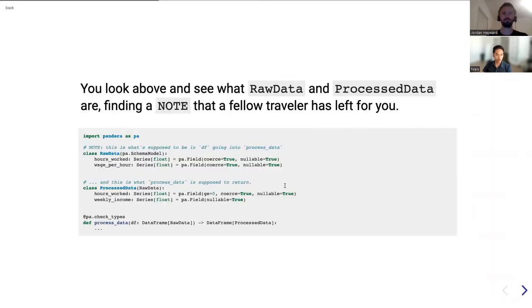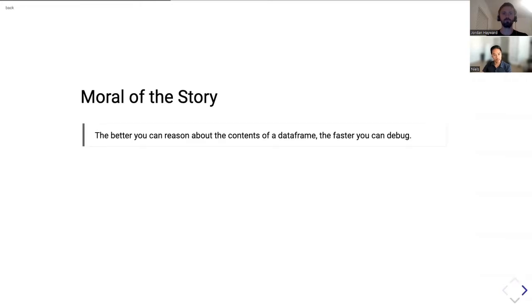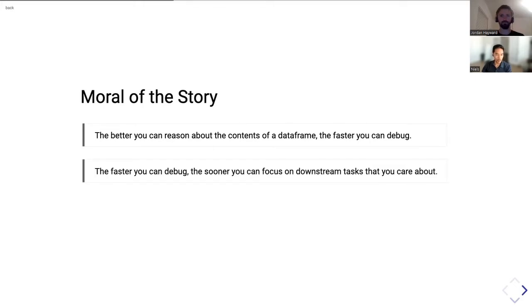So the moral of this story is basically, the better you can reason about the contents of the data frame, the faster you can debug. In that previous slide, you saw that I'm explicitly encoding the assumptions about the inputs and outputs of the contents of the data frame in this fictional story. But the point here is that the faster you can debug, the sooner you can focus on downstream tasks